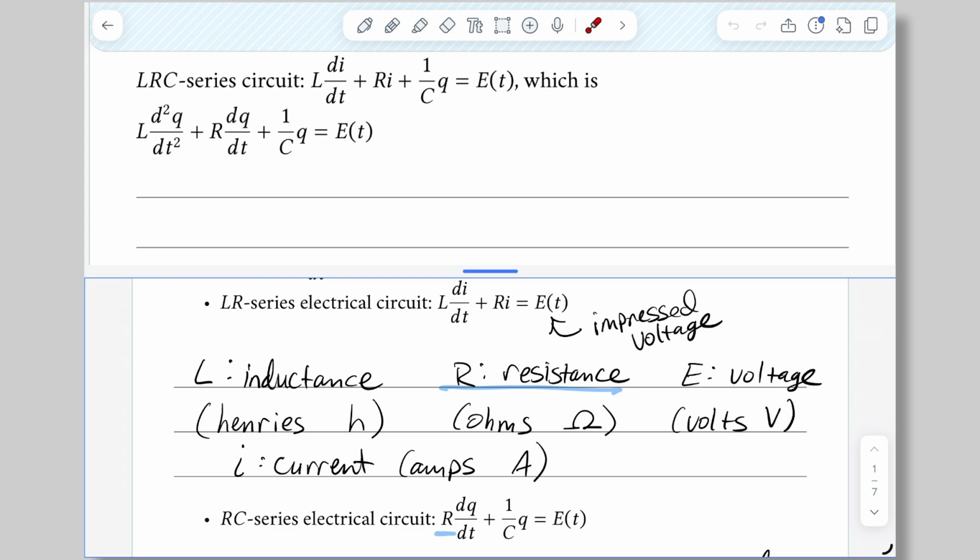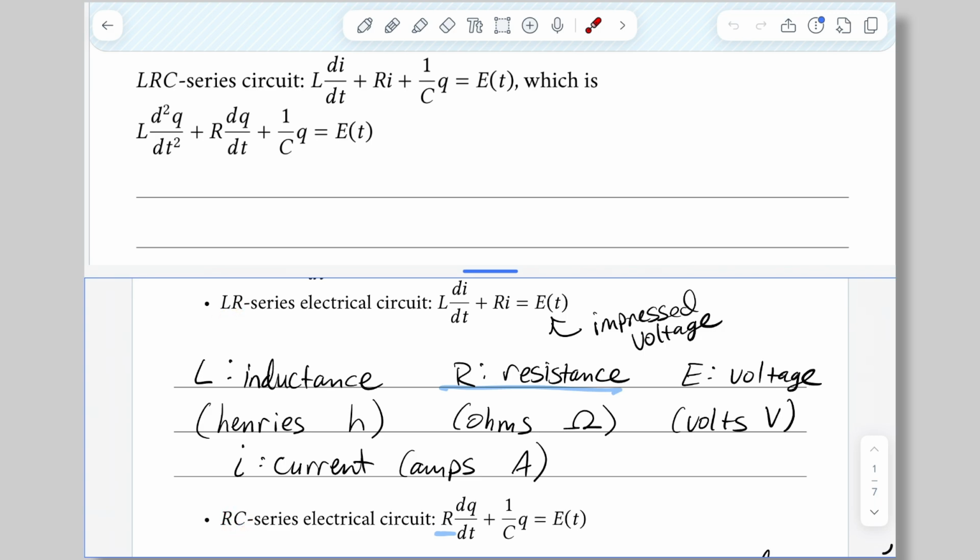You may remember that before we looked at electrical circuits, we saw LR-series circuits and RC-series circuits. Because i is dq/dt, in the LR-series circuit where we have L di/dt plus Ri equals E(t), that Ri is actually R dq/dt. In the RC-series circuit, we have R dq/dt plus 1/C q equal to E(t), but that R dq/dt is Ri. Maybe I forgot to say LR would have an inductor and a resistor,